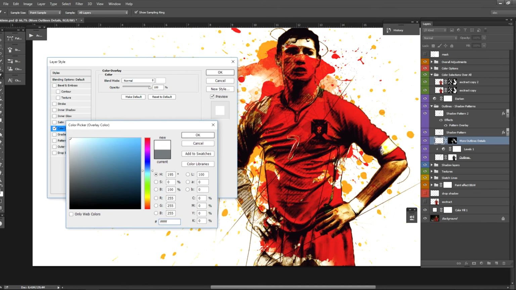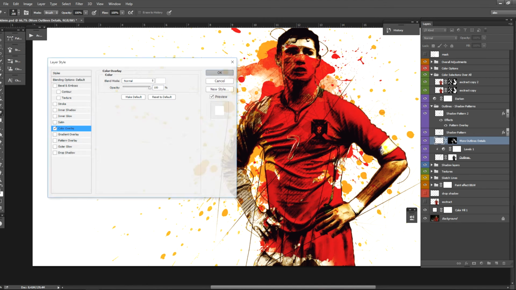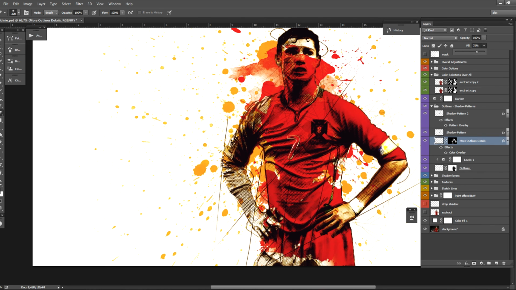I will choose the white color, click OK. Now I will increase the fill of this layer, and again I will brush on my mask to reveal more white outlines on my design.